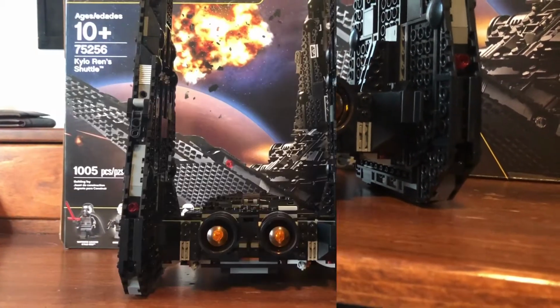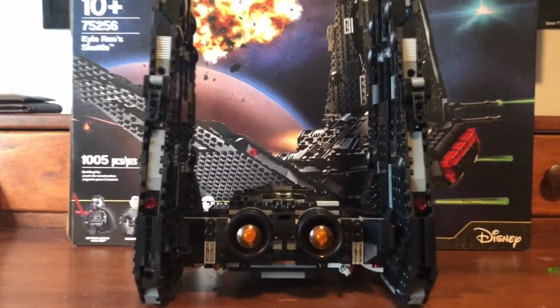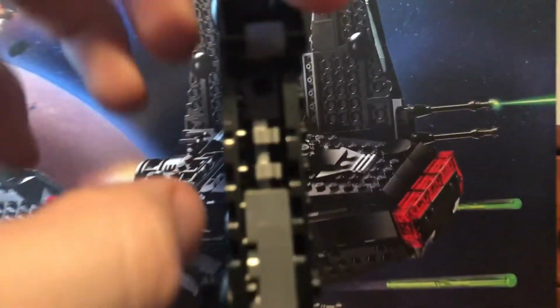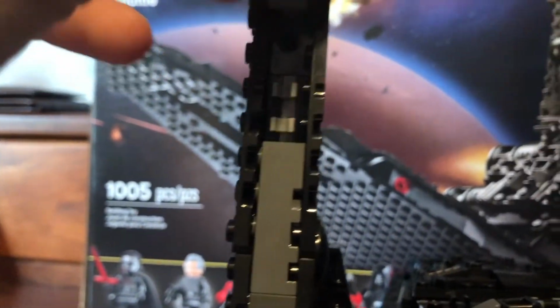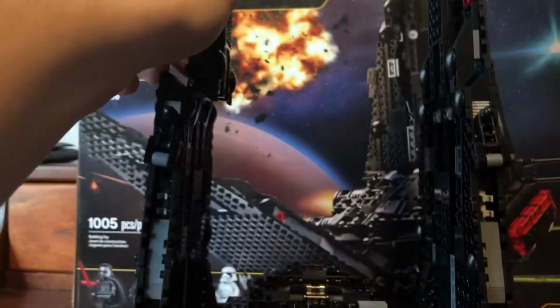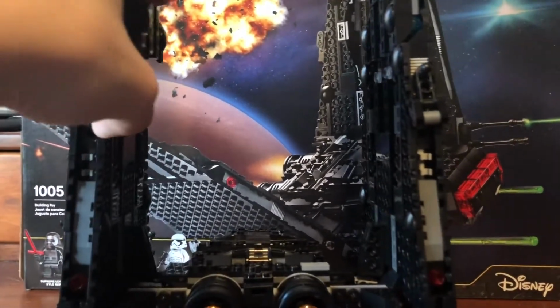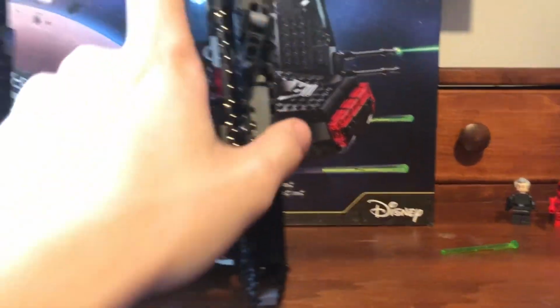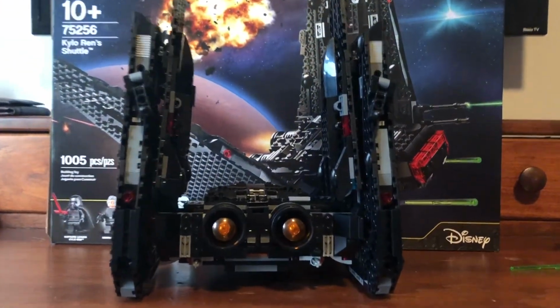So yeah, our next play feature, continuing here on the back, you just pull both of these out of these little pins they've got here and the little ones they've got there on both sides. And what you do is you just kind of fold, if it would focus here, sorry, it would just fold down like this, and it does it for both sides. Now my only problem with it is that